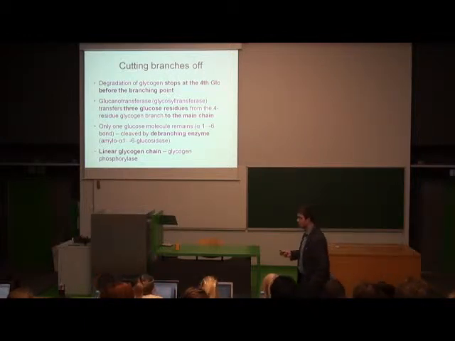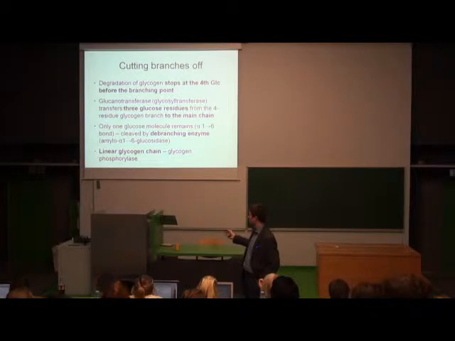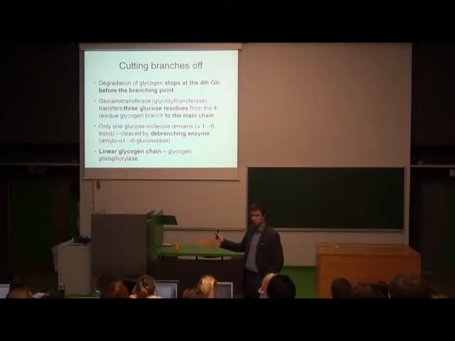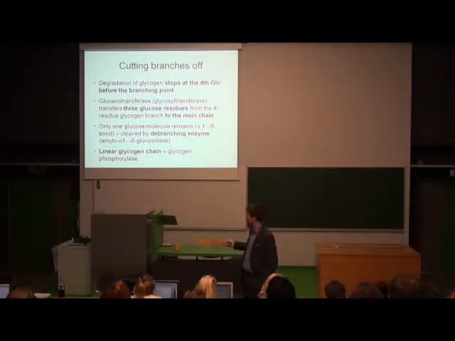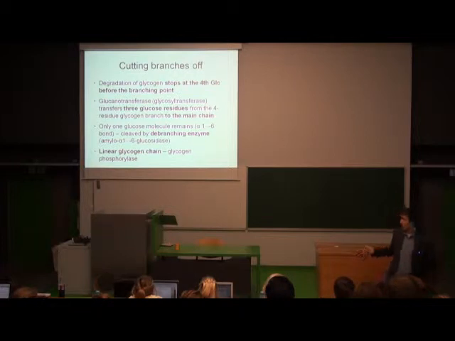In the first reaction, you take 3 glucose residues from this 4 glucose chain and transfer them to the main chain. The enzyme you do not have to remember, but the first process is transfer of 3 glucose residues. So this enzyme destroys alpha-1 to 4 bond. First, the branching is still there. The 1 glucose residue that is bound with alpha-1 to 6 bond is taken by debranching enzyme.